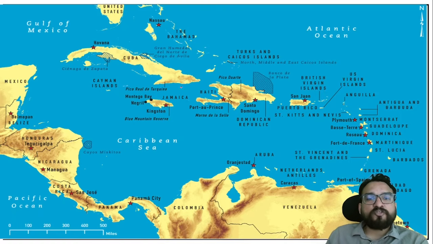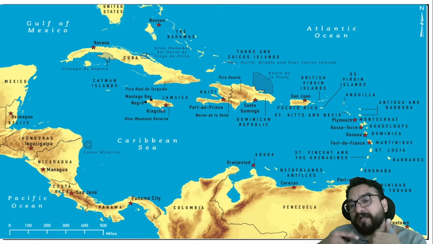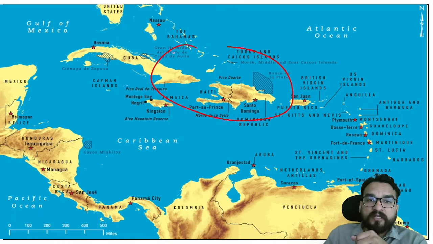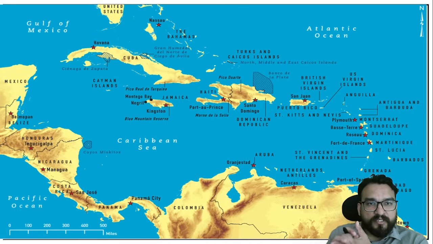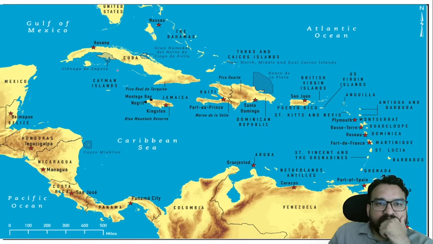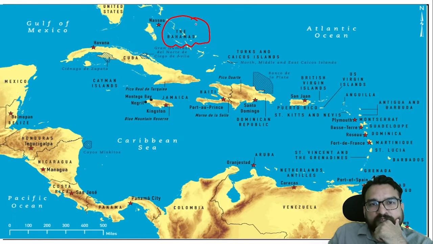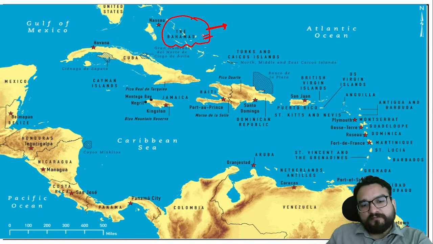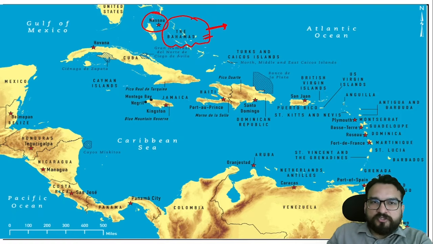For example, if I ask you about the Hawaii Islands, where are they situated? Most of you, if you do not have an idea, will put them over here, because a lot of similar sounding names you will be finding over here. So let us see. The most famous name for a tourist spot over here you must have heard about is the Bahamas. The Bahamas is over here, guys, and the capital of the Bahamas is Nassau, right?